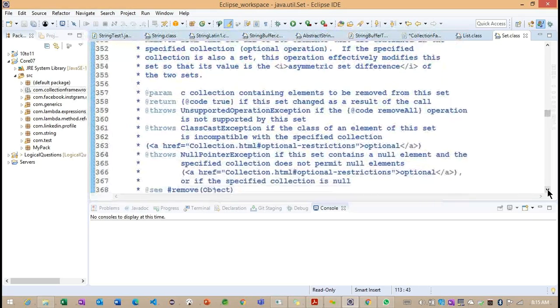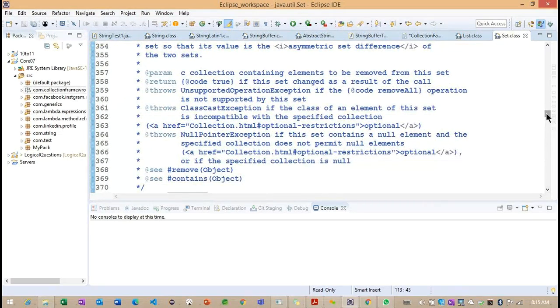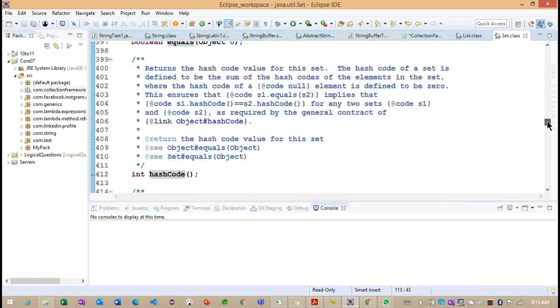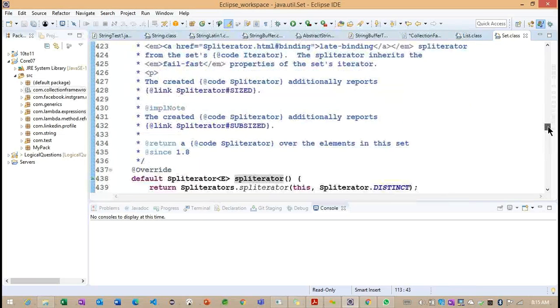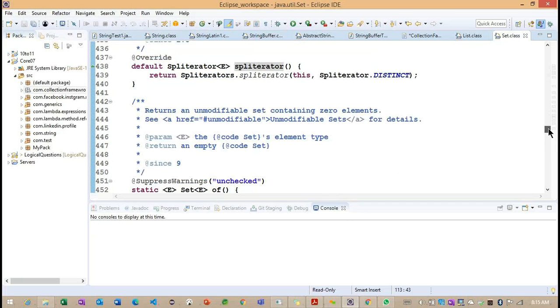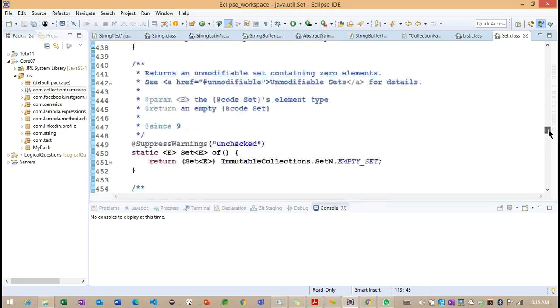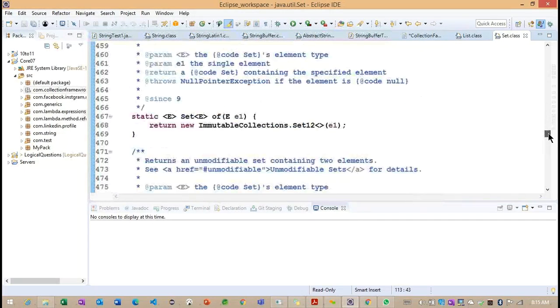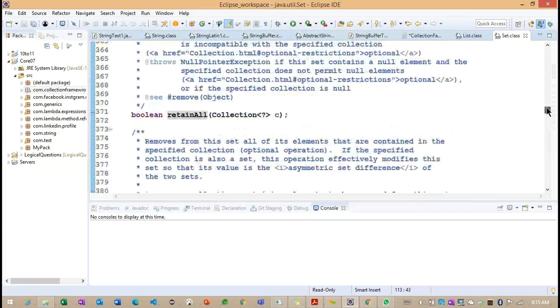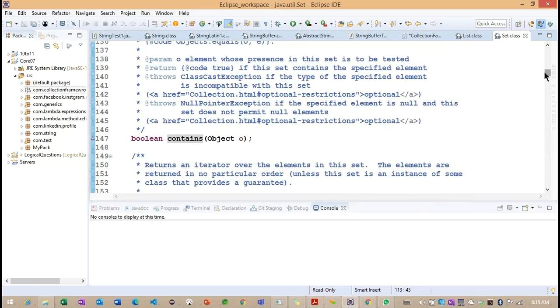Getting the point? So the retain method, removal method, clear method, equals method, hashCode method. These are the Java 8 methods, and these also come from the same place. Basically in each and every interface, the Java 8 and Java 9 default methods are implemented here. Now you can see there is no specific method. Whatever methods we have seen so far all come from our Collection interface.